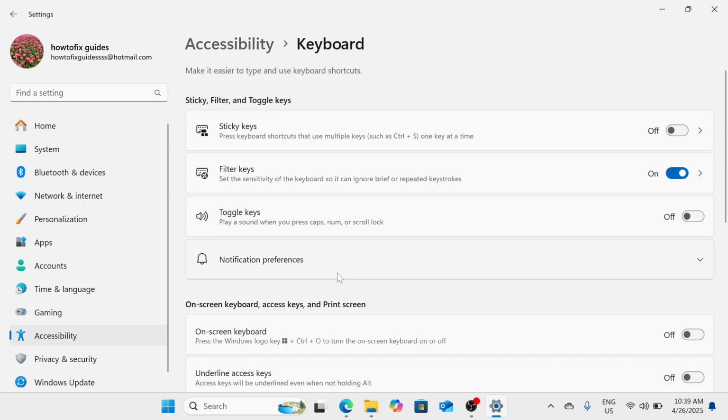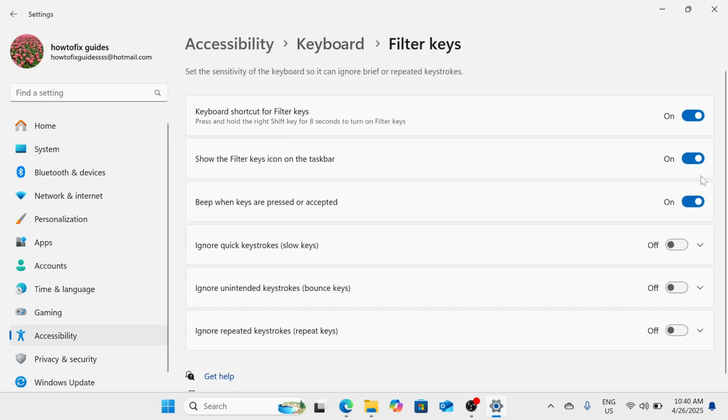So here you will be seeing filter keys. Please make sure that you turn this on. Set the sensitivity of the keyboard so it can ignore brief or repeated keystrokes. So all you need to do is just to select this arrow here. And once you have already turned this on, all you need to do is turn these